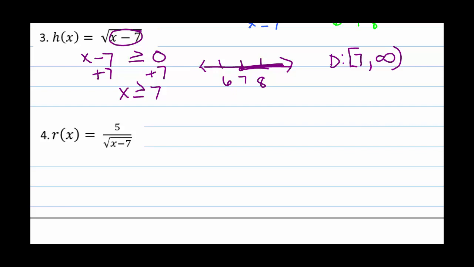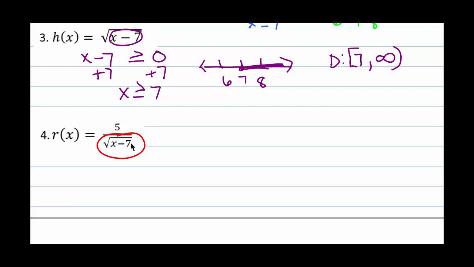Let's look at number 4. So now we have a square root in the denominator. Much like the previous one, right, it even has the same square root. The only difference is now we have something in the denominator. So can the denominator be 0? No. But now remember, it's not just about the denominator being 0, it's that underneath the radical has to be